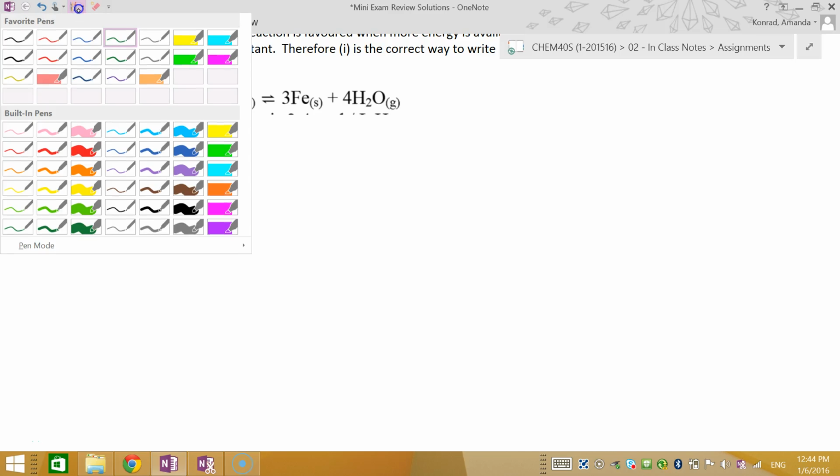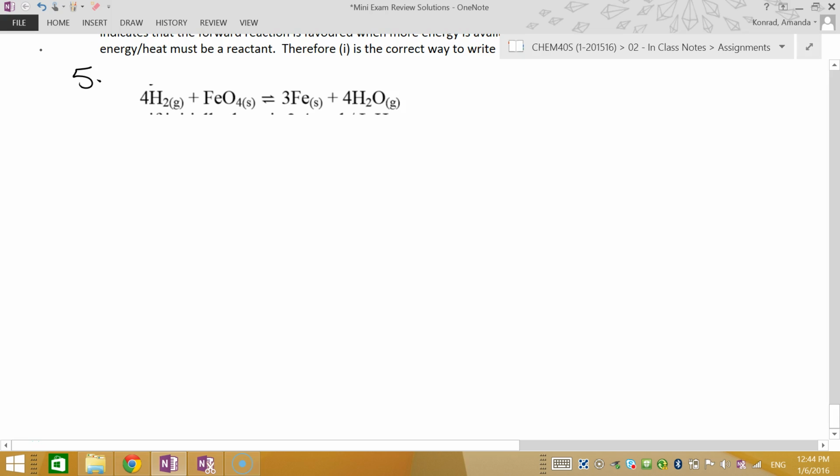For question 5, under the chemical equilibrium section of this review, you're asked to find the equilibrium constant of the reaction shown here. We're given some data to work with. We're given that 2.4 moles per liter is the initial concentration